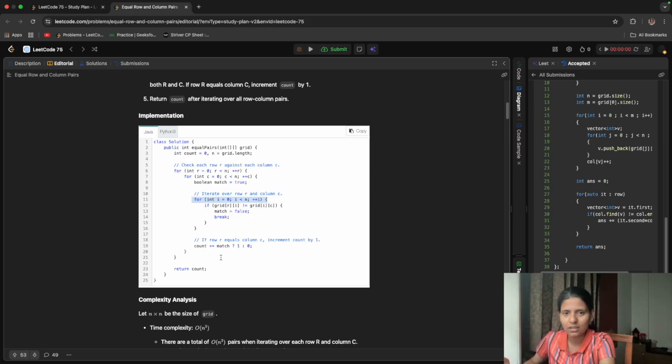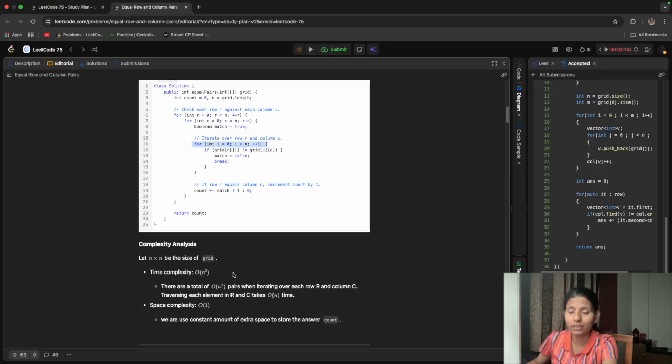So it's not a good answer. Now in the next video we'll see the best answer. We can say this answer is best if we have the space constraint, but again it is not good for timing. This will take O(n cube) time, and space is O(1) only, which they have also given as the space complexity. So this was the brute force approach, and in the next video we'll see the optimal one.